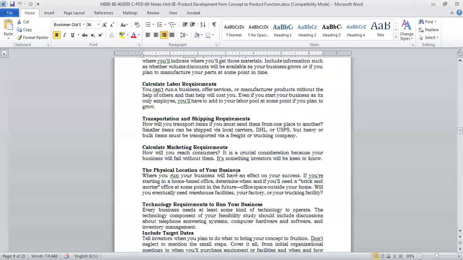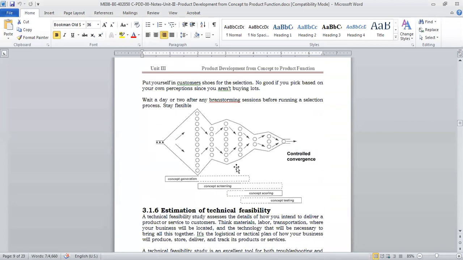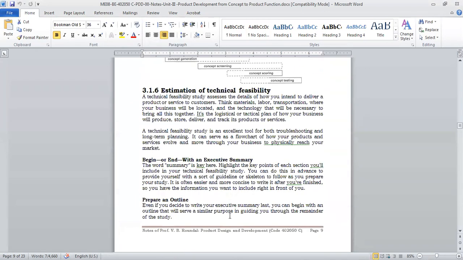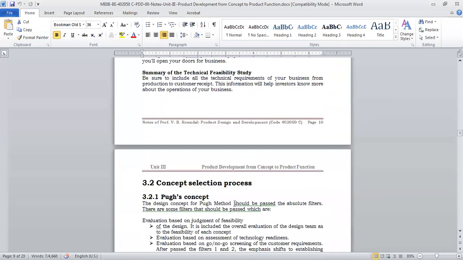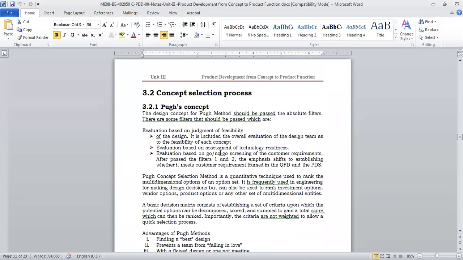So in the last lecture, till today, we have seen how to gather information, how to hold discussions and brainstorming sessions, and from those how to come up with many concepts. And now from those concepts we have seen in the last lecture how to select one concept.